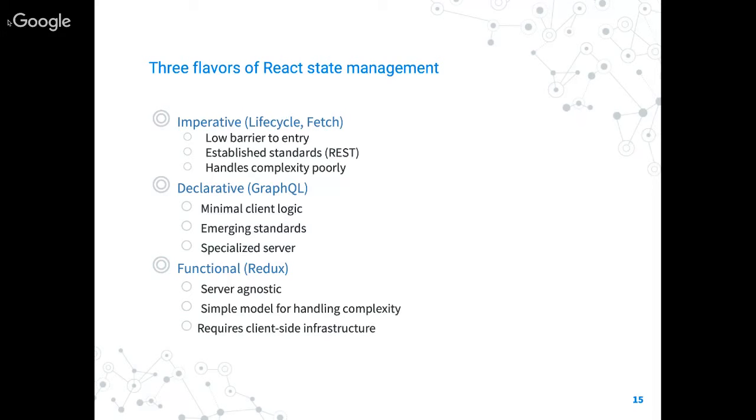And then the last flavor is functional, right? What I think has gotten Redux so much purchase is the fact that it can handle the messiest server situation. It's pretty agnostic to what's going on in the backend. It also, I think, is a very, very simple and elegant model for handling complexity. So at the end of the day, as long as your state is well structured and you're following the paradigm of sending your actions to your reducers, it can handle an enormous amount of complexity that would give these other paradigms a hard time.